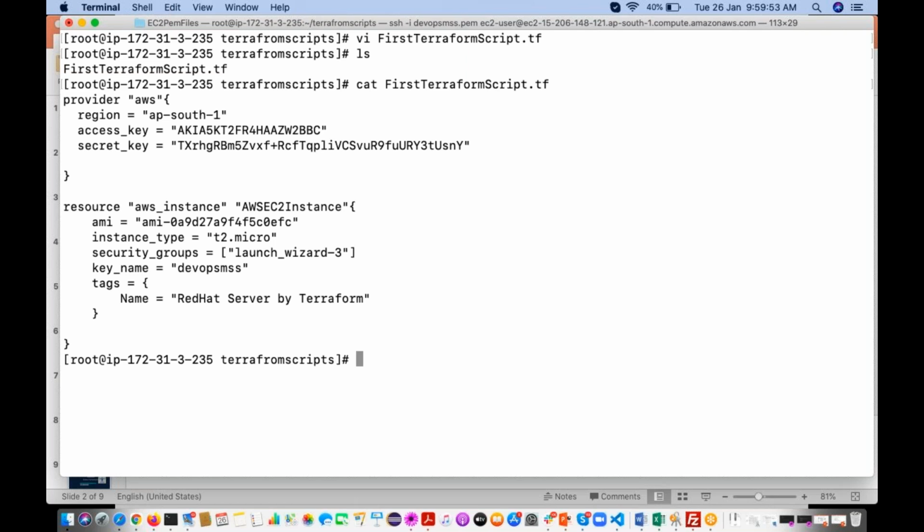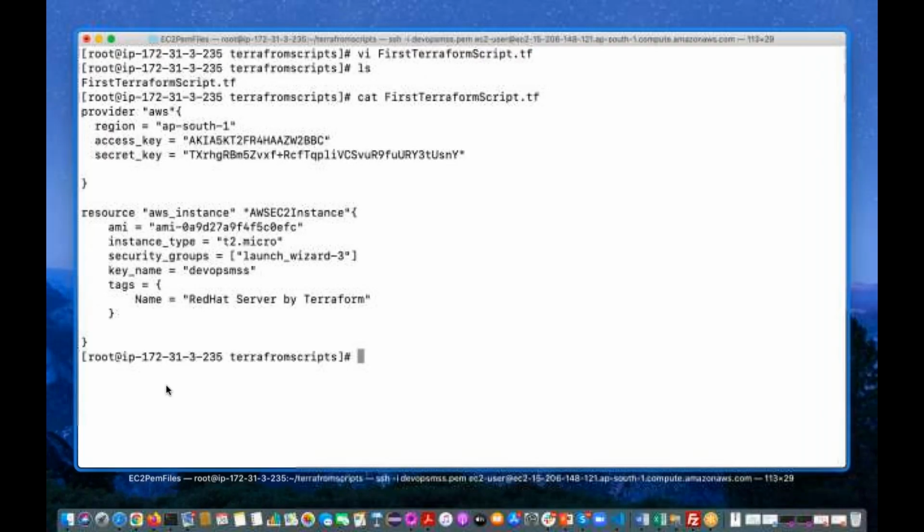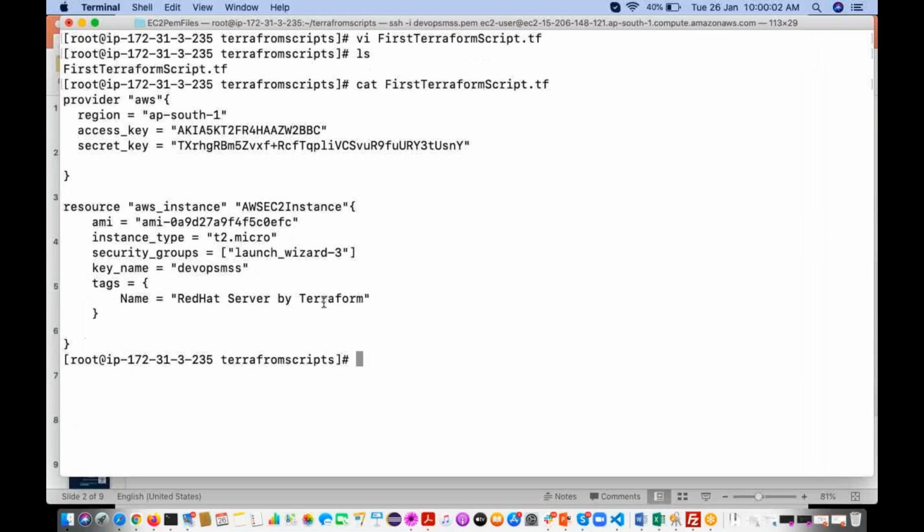Correct? Same way, we need to first initialize your Terraform using the terraform init command. Without that, if you execute any Terraform command, it is not going to work. Terraform init.